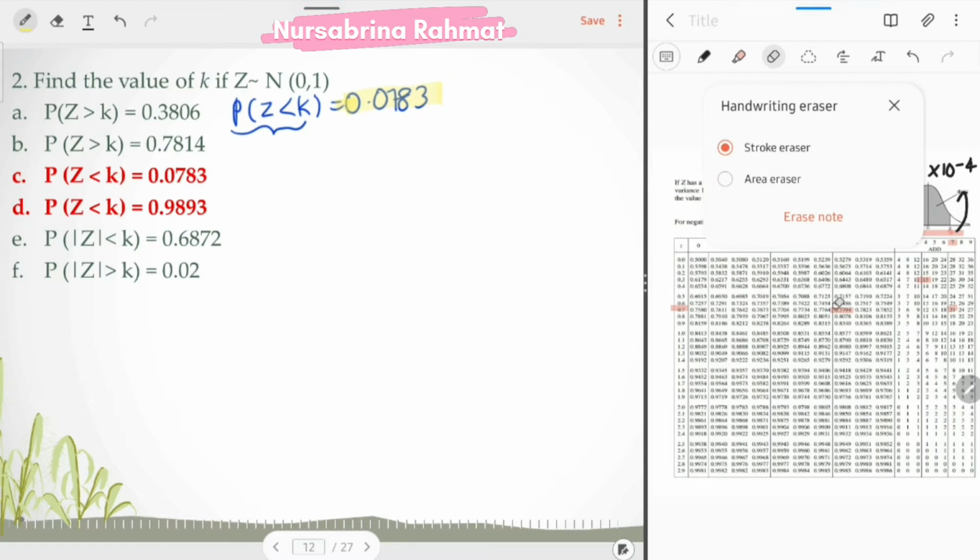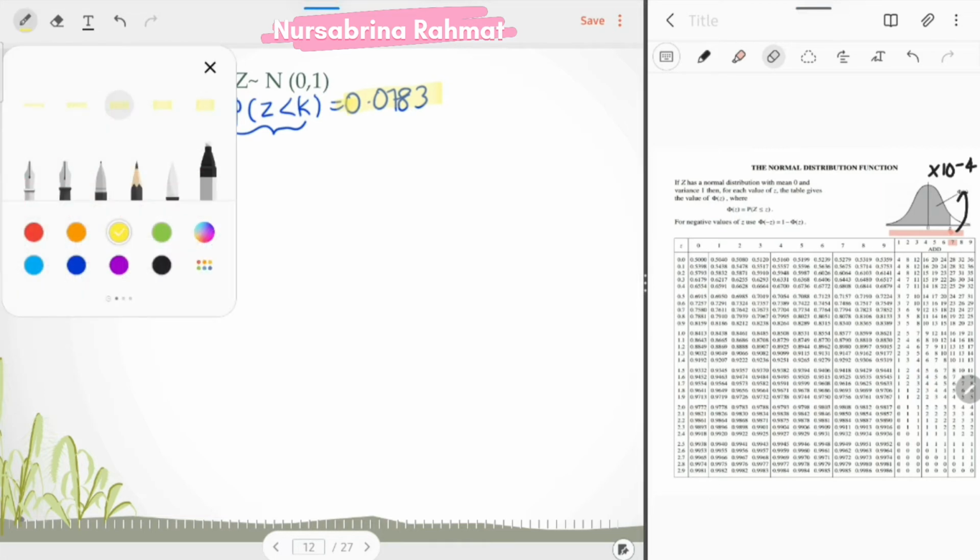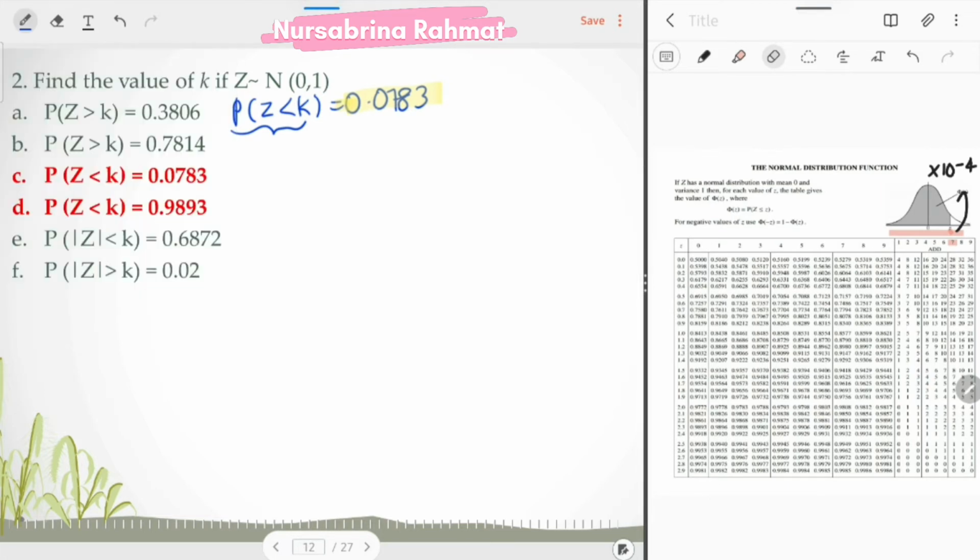Since the probability is smaller than 0.5, the k value here is a negative value. So P(z < negative k) means we have to do 1 minus 0.0783. Press your calculator: 1 minus 0.0783 equals